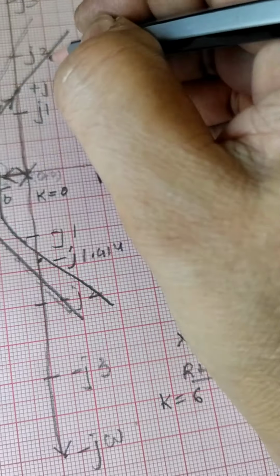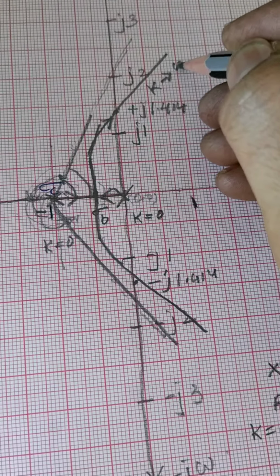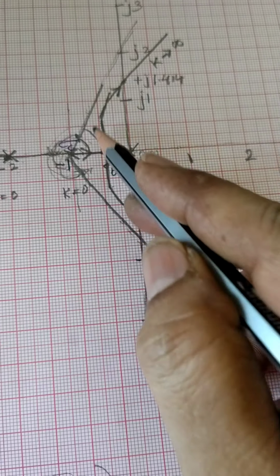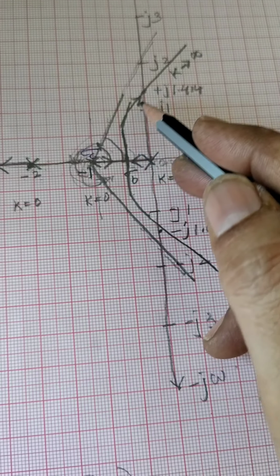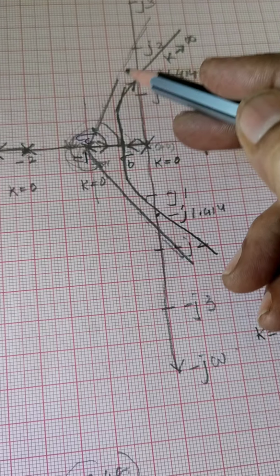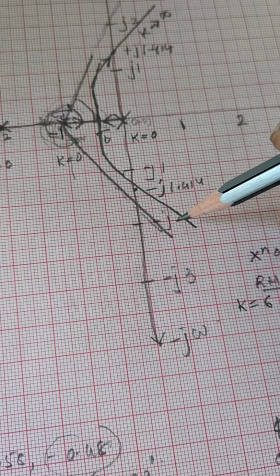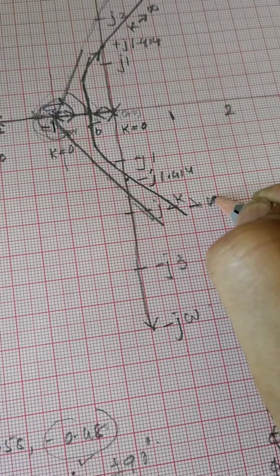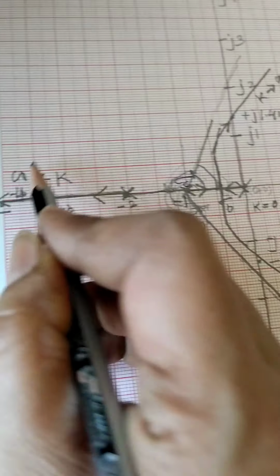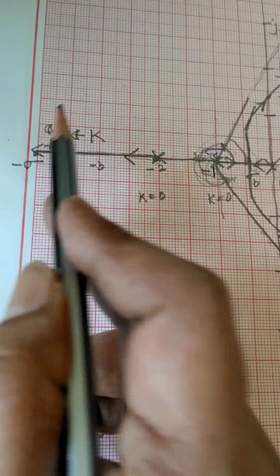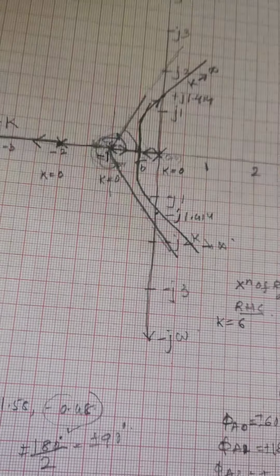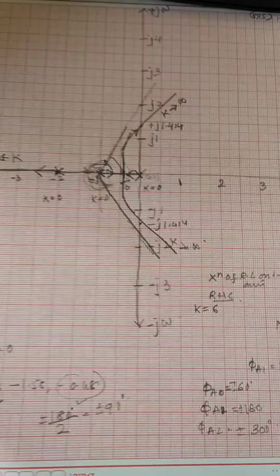This is how it goes as k goes to infinity. As you increase k from 0 to infinity, the root loci go in this direction. One root locus goes towards infinity in the direction of the asymptote. Another root locus goes in this direction as k is increased to infinity. Here also, from k equal to 0, as you make k tend to infinity, it will go in the direction of the asymptote. So this is the root locus that we have plotted for this problem.